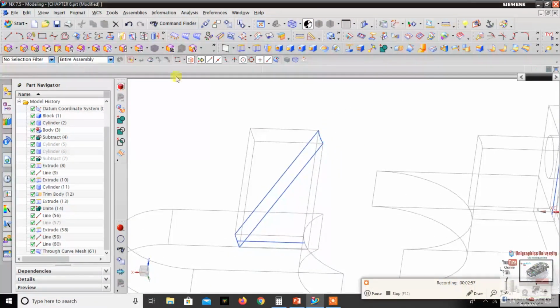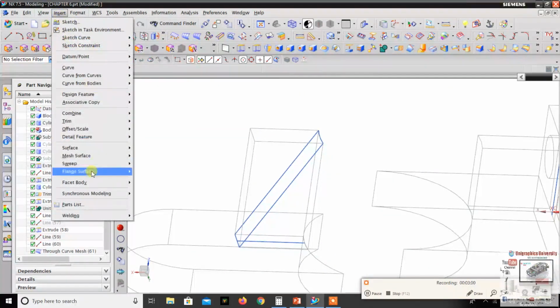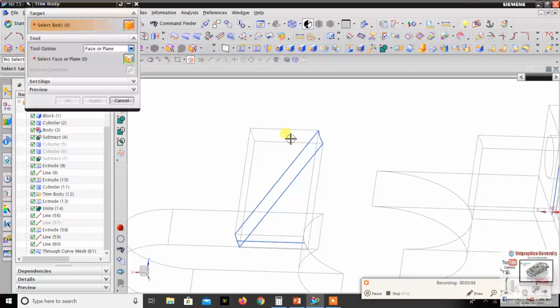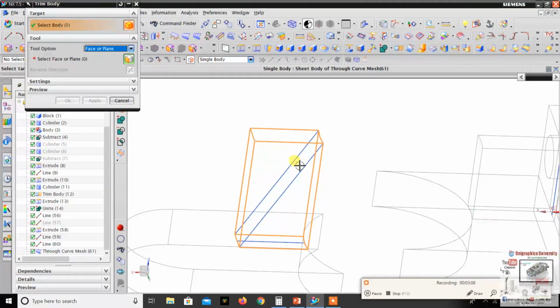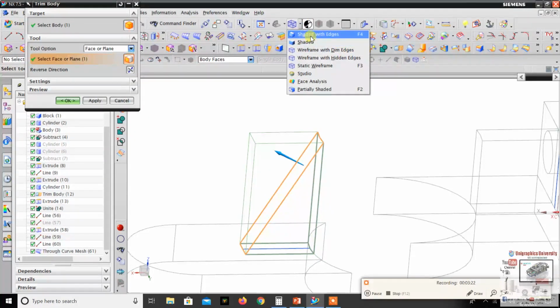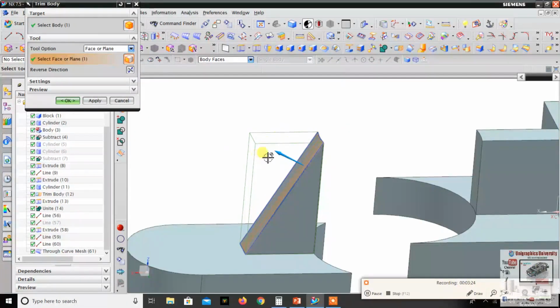Okay, go to insert, trim body, select this body and change to face. I select this surface. I want to trim this face, so reverse direction. You can select here, select with edge, so I want to trim this face.